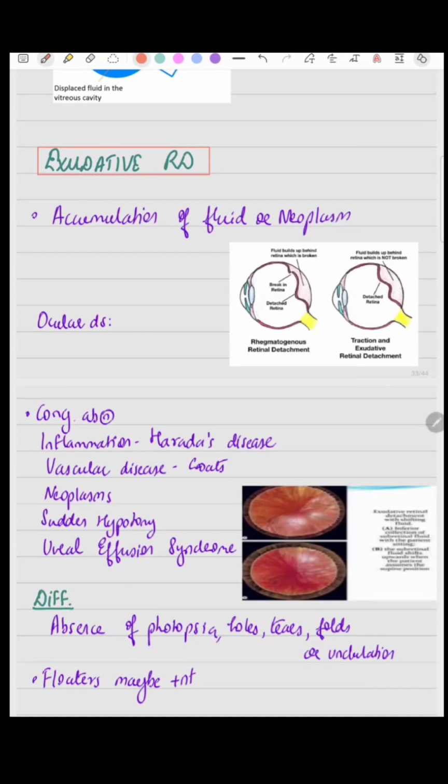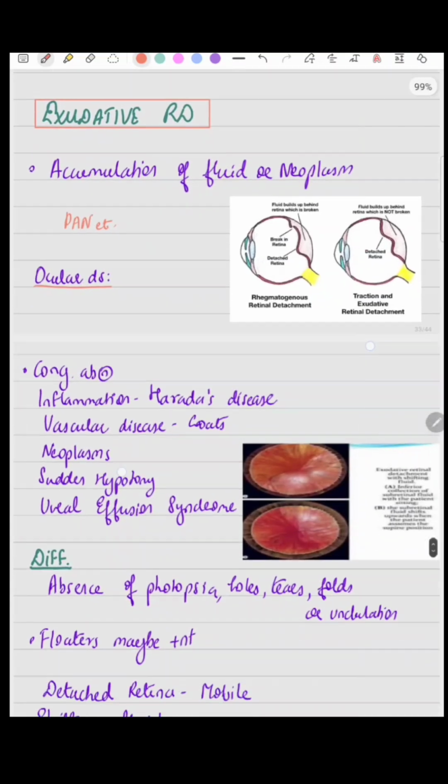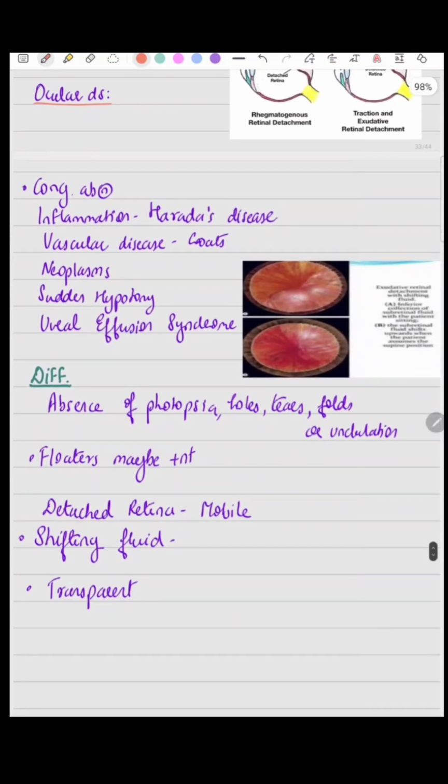There can be association with other systemic diseases like toxemia of pregnancy, renal hypertension, blood dyscrasias, or polyarteritis nodosa, etc. Then ocular disease, it can be due to congenital anomalies like nanophthalmos, optic pit, choroidal coloboma, familial exudative vitreoretinopathy. Then inflammatory conditions like Harada syndrome, which is very important, Harada's disease, sympathetic ophthalmitis, posterior scleritis,